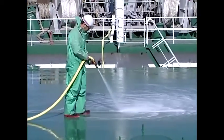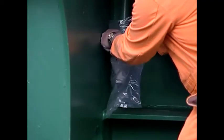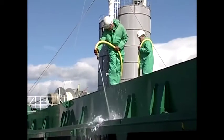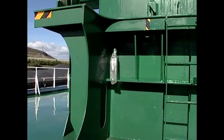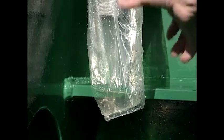It is also good practice to fit plastic bags to the non-return valves during a hose test, as the water overflowing onto the deck often makes it difficult to check the correct operation of the valve. If the bag fills with water, it is clear that the valve is working properly, but that the hatch covers are leaking. Alternative tests include looking for light infiltration and the use of chalk, and any visible traces of leakage